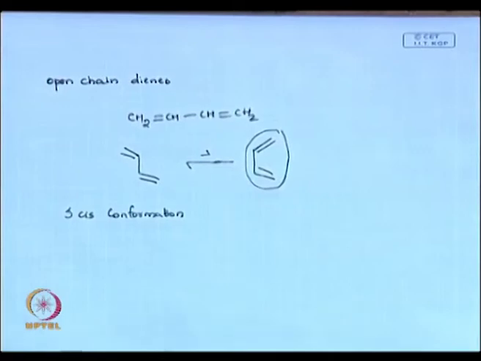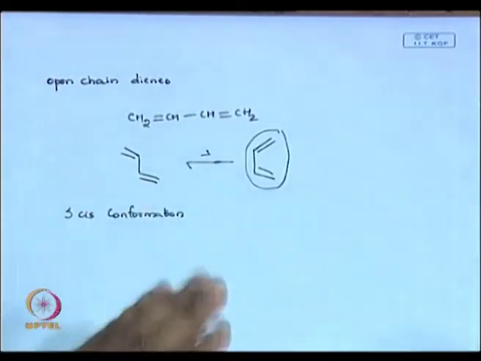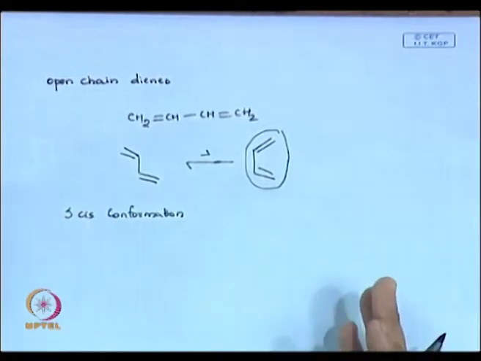So, that happens most of the time in your open chain. With open chain, one advantage you have, or you can say limitation, is that you can convert your trans to cis by heating or some other means. So, there will always be an equilibrium between these two, or you can thermally activate to move one way. You can also move to S-trans systems. So, that is about your open chain dienes, but if you go to your cyclic dienes,